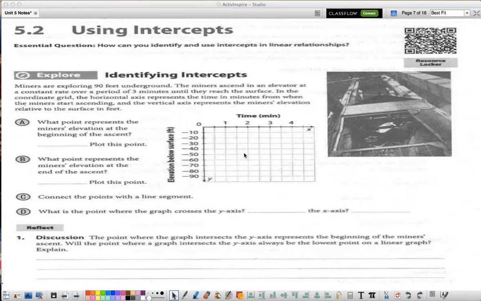Right, today we're going to talk about how to identify the different intercepts. We're going to talk about x-intercepts and y-intercepts. So first of all, when we look at this problem here, you really have to focus on what the